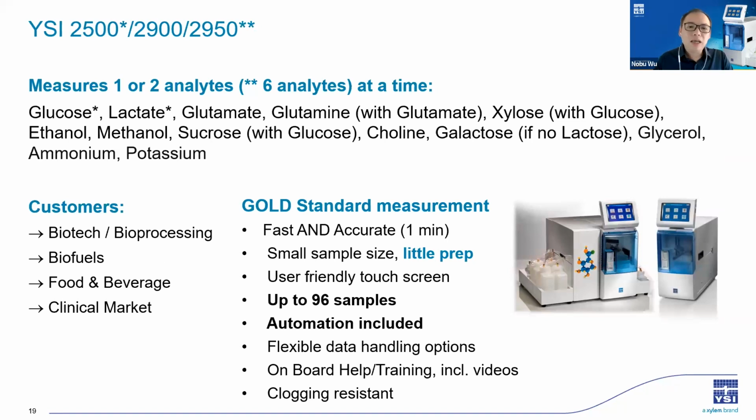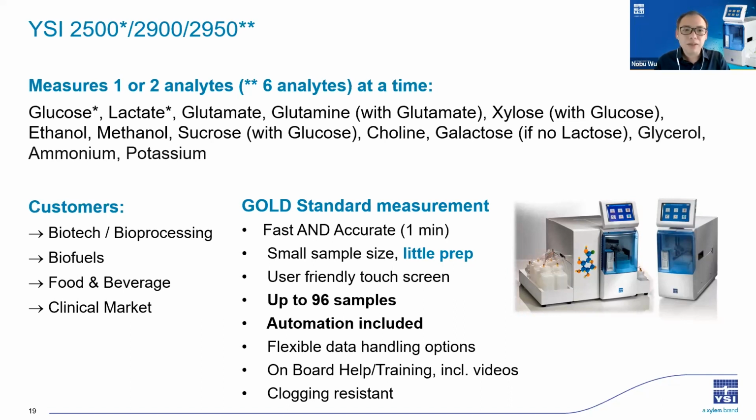And then we talk about the chemistry capability for this instrument. If we look at the 2500 and 2900, this is a two electrode analyzer. 2500 is targeted for glucose and lactate, and with the 2900, you will see we are able to measure glucose, lactate, glutamine, glutamate, xylose, ethanol, methanol, sucrose, choline, galactose, glycerol. So this is a different combination. It also offers the customer a kind of flexibility,